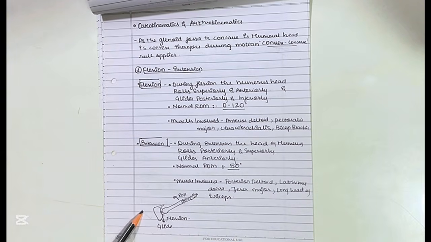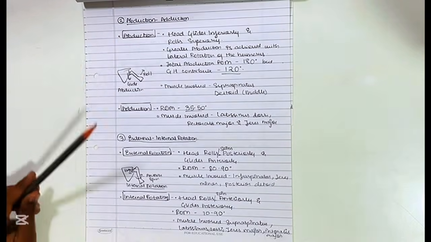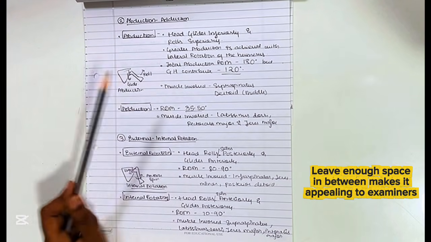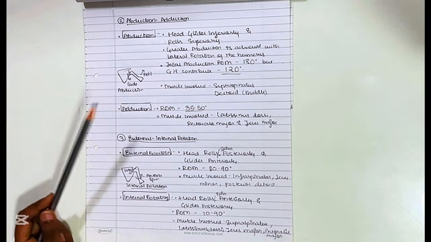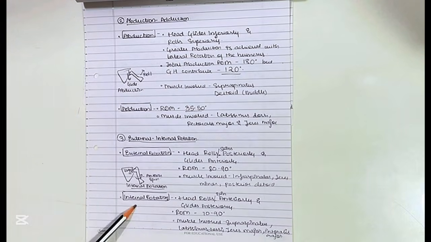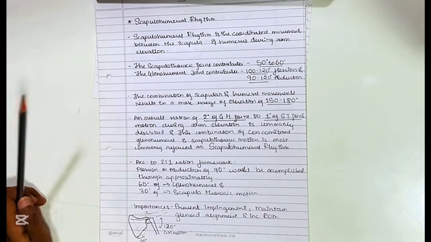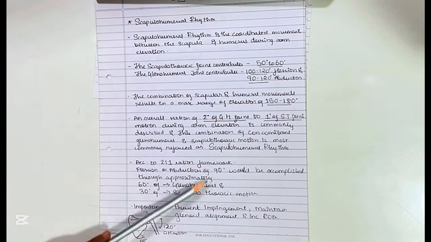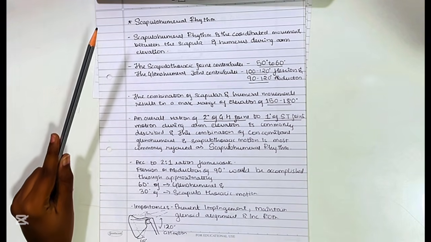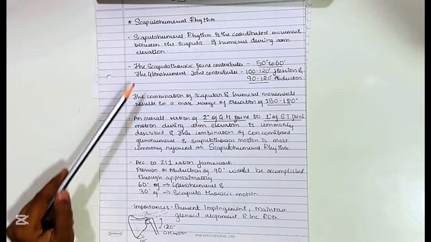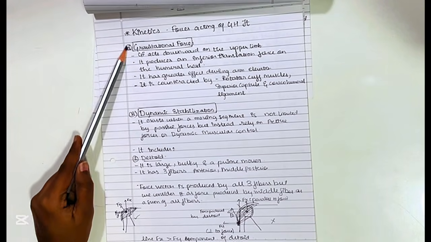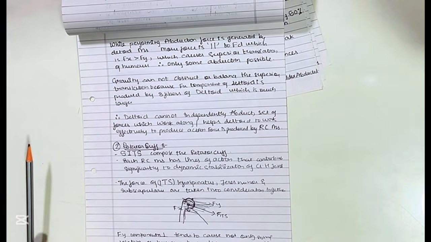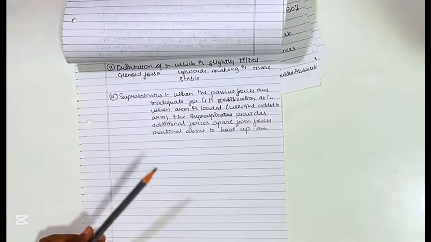And then it's very important to add a diagram. Then we have abduction and adduction, again the gliding, the rolling, the range of motion, and the muscles involved. So there are three things you mention. The same goes for external and internal rotation, and then a very small paragraph on scapulohumeral rhythm. If it is asked separately, you can add this whole page. When asked to write a note on scapulohumeral rhythm, you can add this. Then we have the kinetics. We have the gravitational force, we have the dynamic stabilizers, and the static stabilizers, and then you end with it.